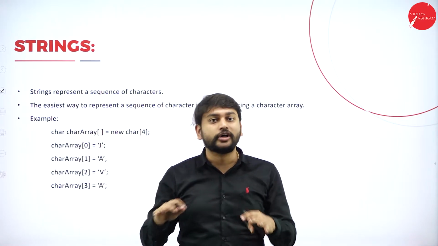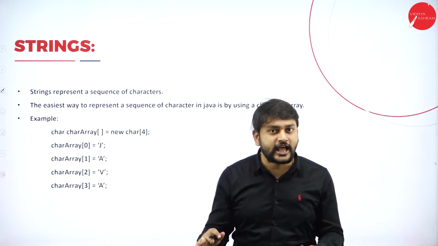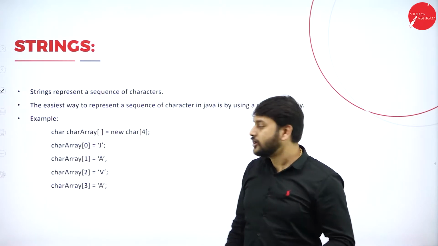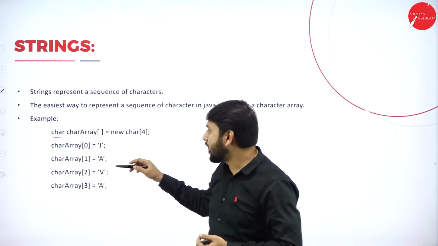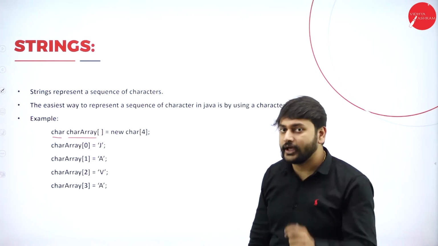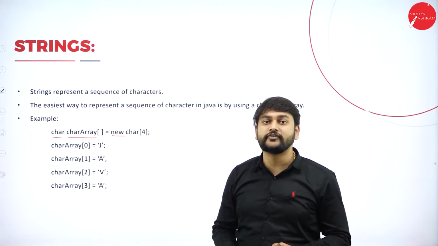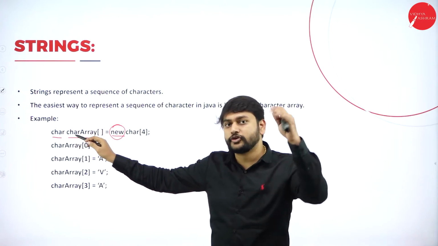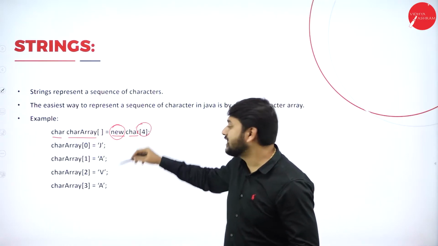So the data type or the syntax that you all know. Let me explain the syntax first before I go to the explanation. What is the syntax to create the array? First you will mention the data type, and then you will mention the name of the array. Then followed by, you will be using the keyword called new. This keyword will allocate the memory for the array. After that, you will again mention the data type. Then you will mention the size of this array.